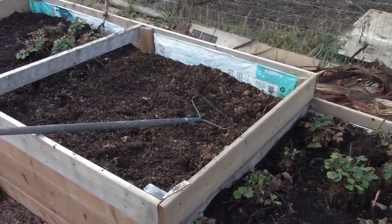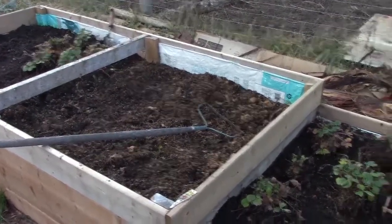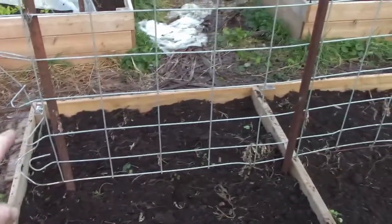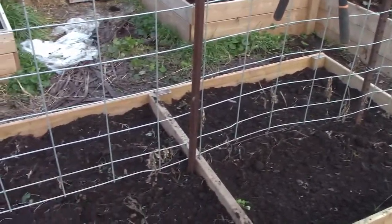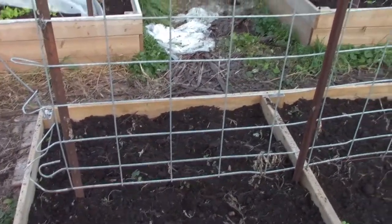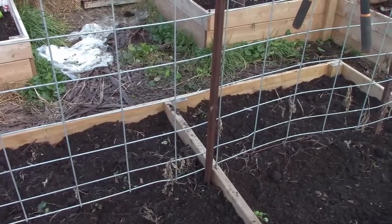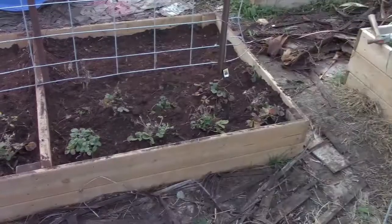We kind of wanted this bed here for something different, and as you can see there's been a lot of settlement in that one, or these two, so we've got to add quite a bit to it. So the plan right now is to take these strawberry plants and plant them on the back side of this, which in the springtime will be fine. It'll get lots of sun. It'll be a little more shaded from whatever we grow on this trellis next year, which might help during the real warm season. So I'm going to get them planted, get them mulched, and then